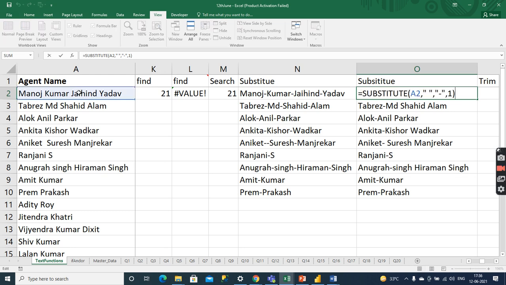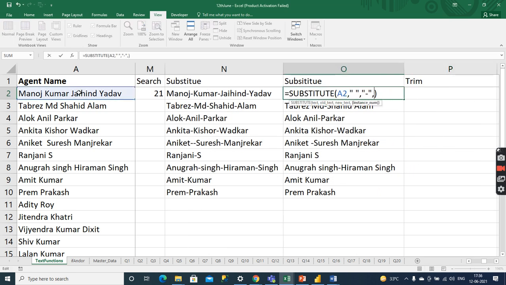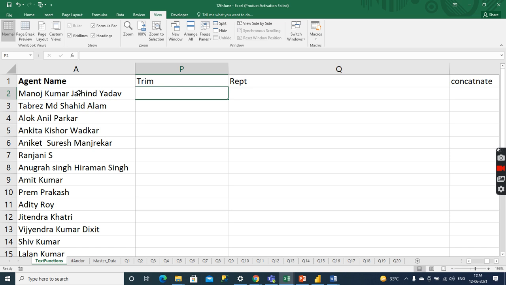If you want the second position, it will change only that. If you put 1 comma 2, then it will take the second position. If only 2, it is not working. Okay.